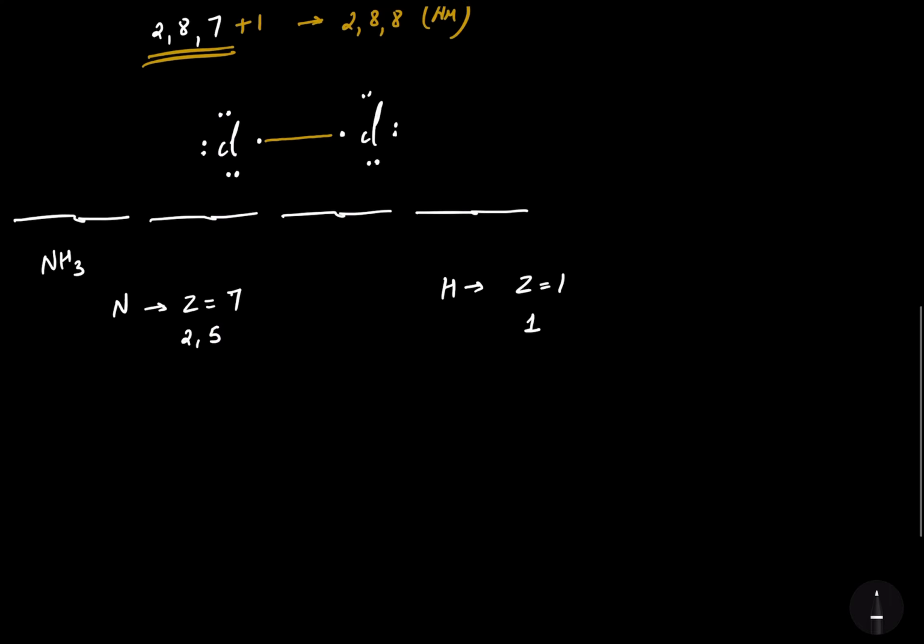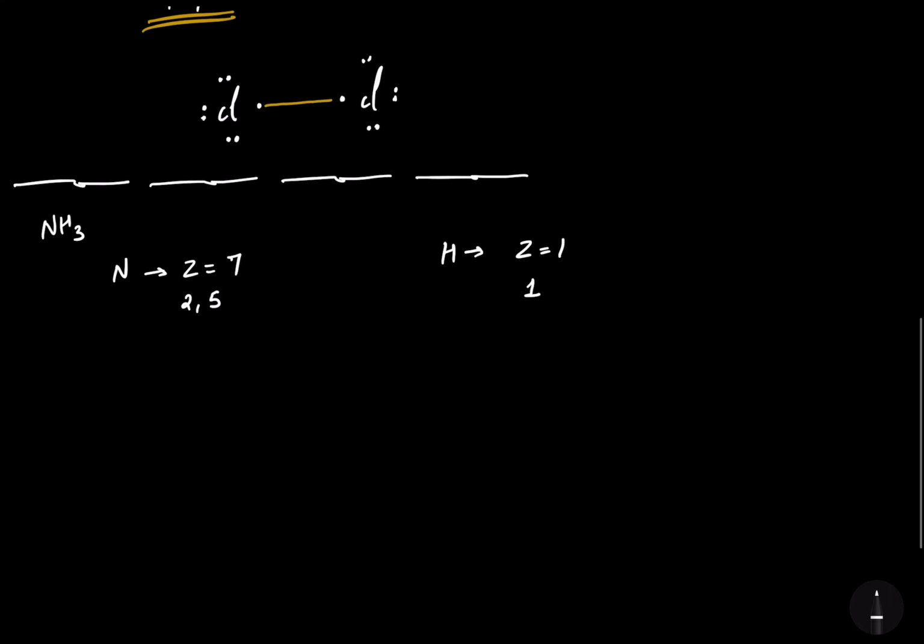So now let's make the Lewis symbols of nitrogen and the 3 hydrogens. So that's my nitrogen, and nitrogen has 5 electrons in its outermost shell. So its Lewis symbol will be 1, 2, 3, 4 and the 5. Now let's talk about the hydrogen. That's the first electron of the first hydrogen, the second hydrogen with 1 electron and the third hydrogen with 1